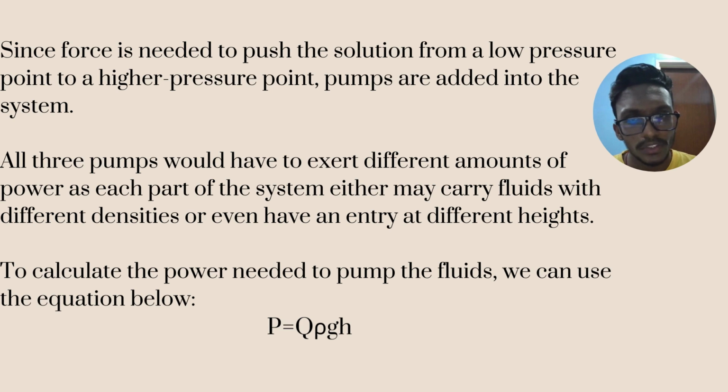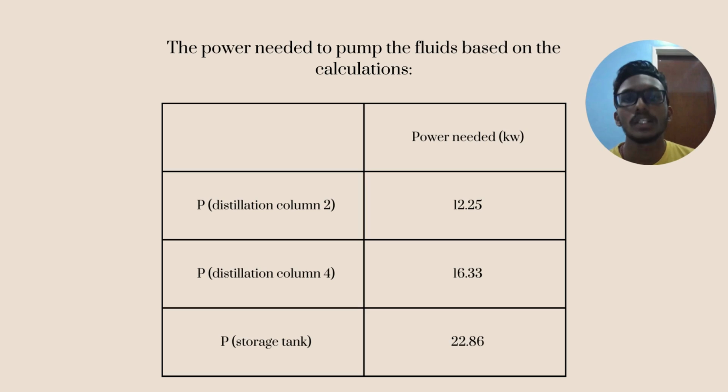So, to calculate the power needed to pump the fluids, we can use the equation below, which is P equals Q rho g h. P stands for power, Q stands for the volumetric flow rate, times the density, times the gravity, and times the height. The power needed to pump the fluids, based on the calculation using the above equation, P equals Q rho g h,